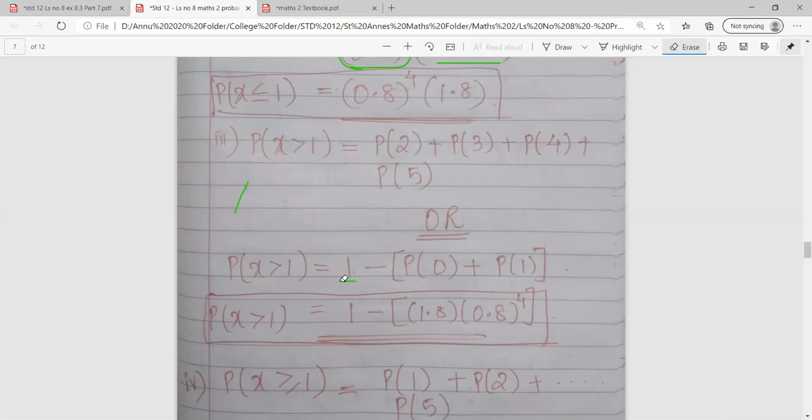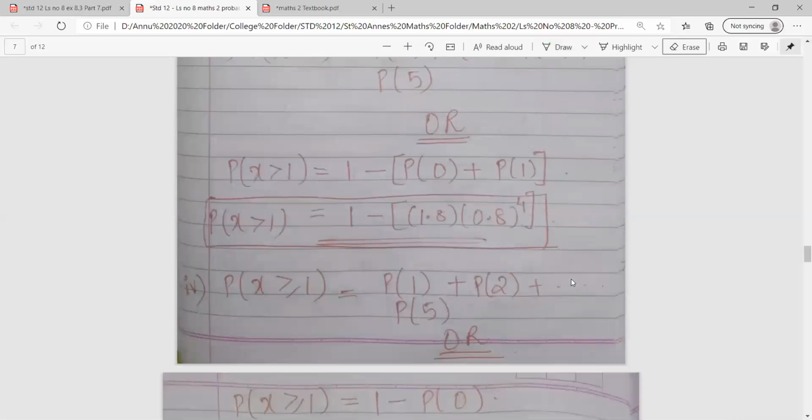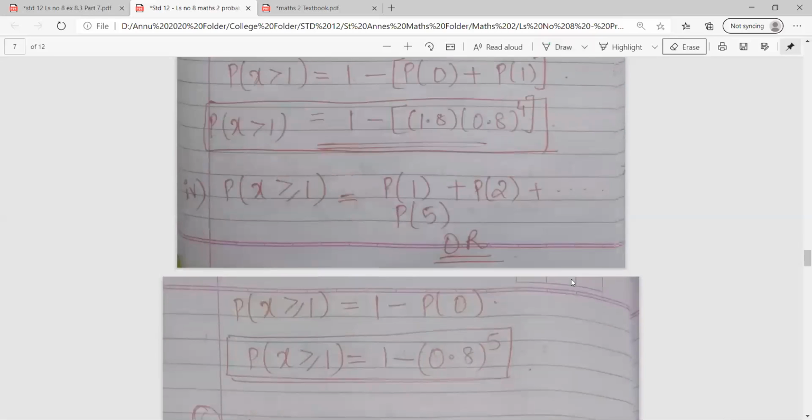subtract. Again, there's no need to open the entire brackets. You can leave it as it is. Okay. So I hope you all have followed. If not, again, there's one more sum. Part 4. Now they have told you to find out the value of x greater equal to 1.